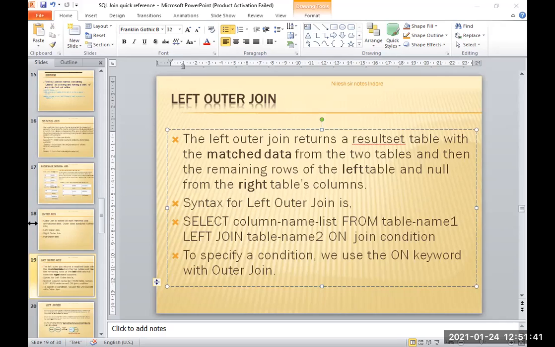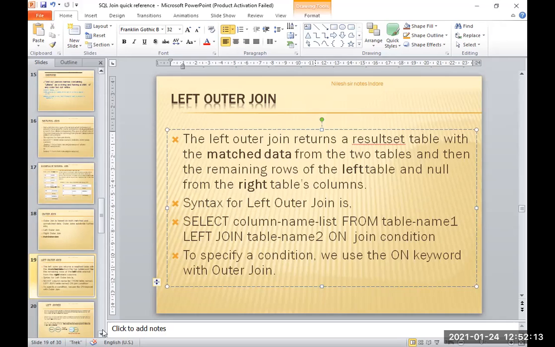The same thing you can apply with the on keyword: on first dot id equals second dot id. The same thing applied. The only difference between them is that with the using keyword, the id column will not display twice, only a single time. In the case of the on keyword, id will display two times. The meaning is same. Left join.